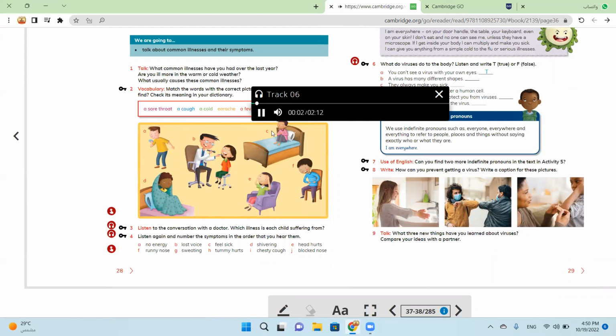Track 6. 1. Hello, Mark. What's the matter? Well, I've got a stomach ache. My tummy hurts and I feel sick. How long has it been hurting you? Since yesterday afternoon when I came back from my friend's party. What did you eat? I ate a few sandwiches, some crisps, and 2 large slices of chocolate cake. Well, it sounds to me like you ate too much chocolate cake. You need to drink lots of water today and no chocolate.